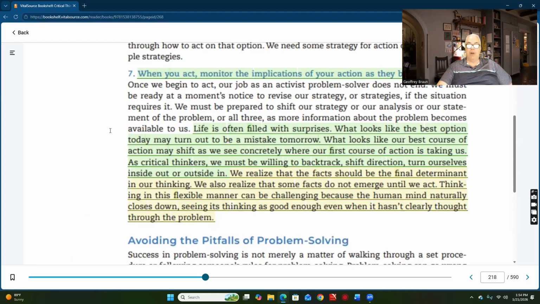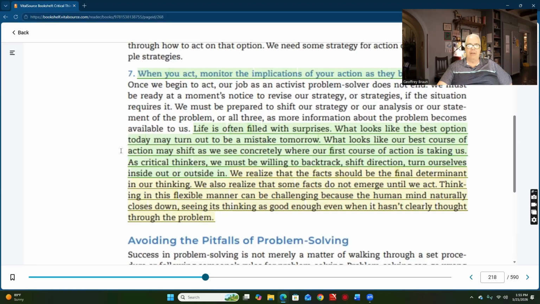Life is often filled with surprises. No kidding. Surprise is not always good. You surprised me. Well, you scared the crap out of me. Is that good? No. I was surprised to get an F. I was surprised to find out that I have a life-threatening disease. You know, surprise doesn't always have a positive connotation, right? What looks like the best option today may turn out to be a mistake tomorrow. What looks like our best course of action may shift as we see concretely